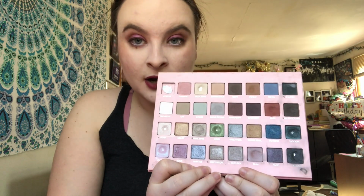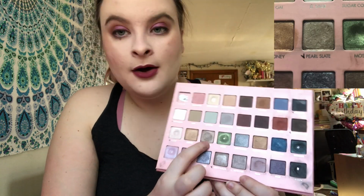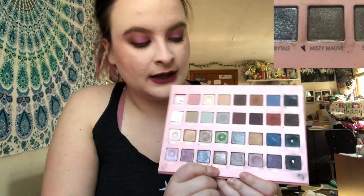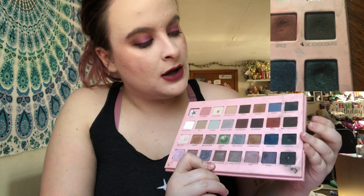Now, let's just go from everything that's remaining and talk about all of it. So the first thing is the Lorac Pro Brunch palette. Obviously, like I said before, I have pan in Foam, so that no longer matters. But the items that are still in this project include Pearl Slate, which still has a nice dip, Misty Mauve, which I don't think I've touched, Dark Chocolate,